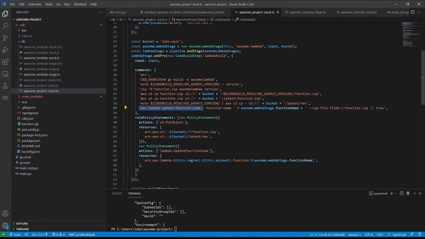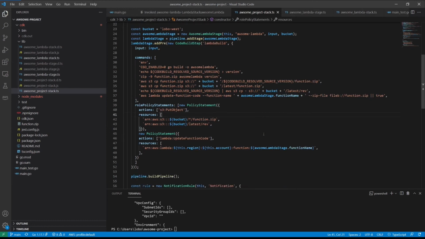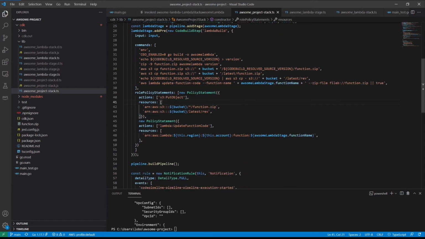However, with Lambda, you might have changed the code without actually changing the template, which is exactly what happens here under most circumstances. So this update function code does the hard work of updating the actual function code. But if the Lambda function doesn't exist yet, if this is the first run, this particular AWS CLI command will fail. And so we add the or true onto it to make sure that the build succeeds. And then at that point, CloudFormation will be responsible for creating the Lambda function and inserting the necessary code.